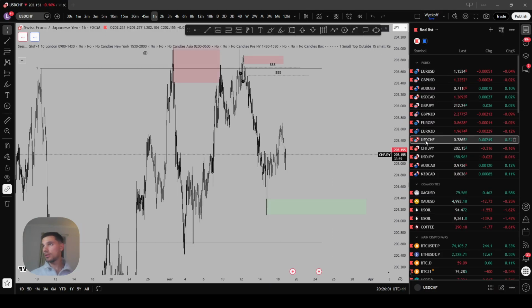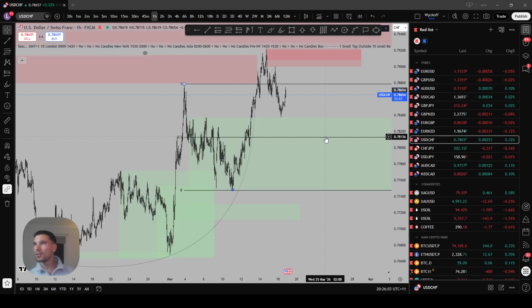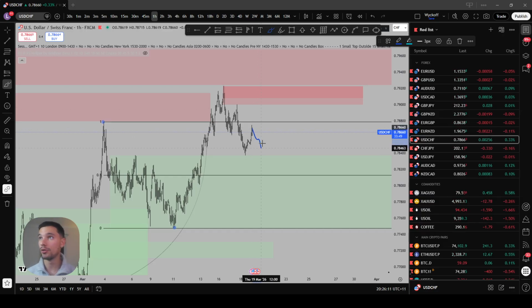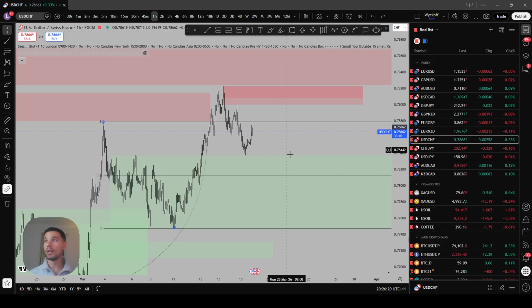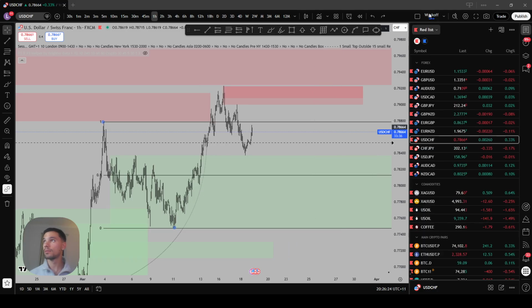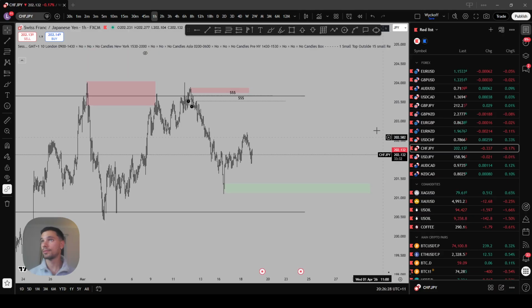Moving on, actually. If we come back down in here, we could look for a potential accumulation scalp into this distribution. If we do something like this, we can definitely look to long that, but wait and see for the time being. I'll set an alert just in case. Moving on.